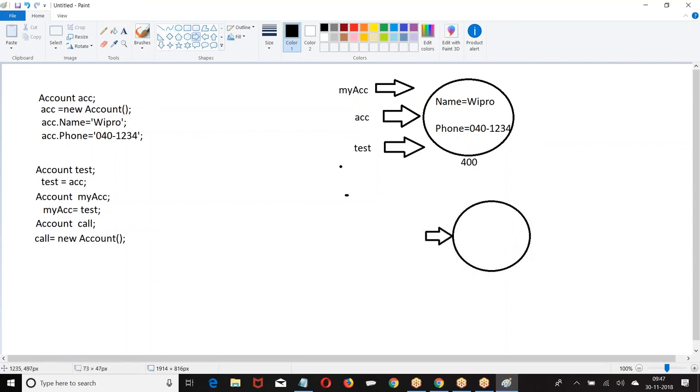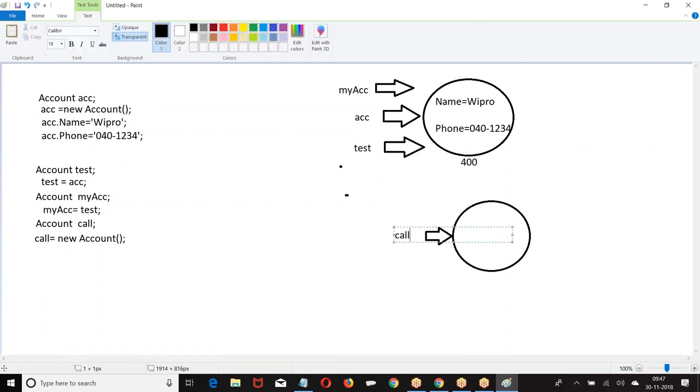Now the question is, when you are writing a logic, you identify: are you trying to create a new record or are you trying to refer to the existing record? When you are writing a logic, you have to verify this. If you want to create a new record, equal to new the corresponding sObject. If you want to refer to the existing record and you know its location, then equal to that existing record.